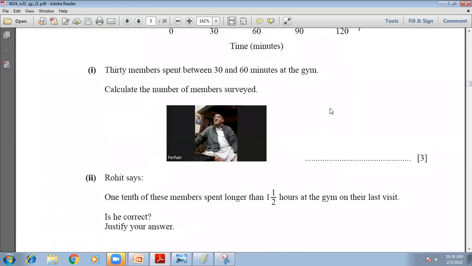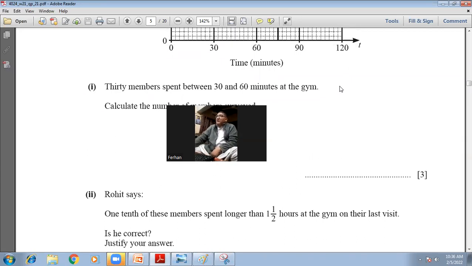He says that Mr. Rohit says 1/10 of these members spent longer than 1.5 hours at the gym on their last visit. Is he correct? Justify your answer. Okay, he says 1/10 of these members spent more than 1.5 hours. 1.5 hours means 1 hour 30 minutes, which means 90 minutes. So the people who spent more than